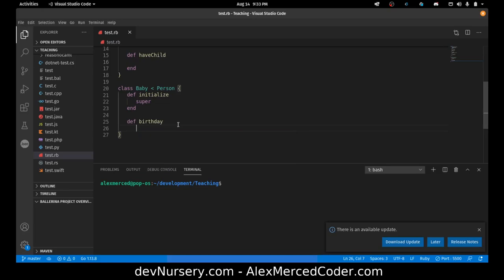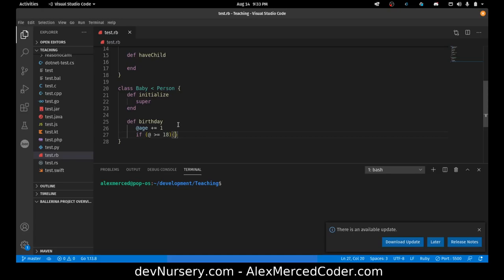First we have to add the age, so age plus equals 1, so we age each year. But because you're a child, if age is greater than or equal to 18,